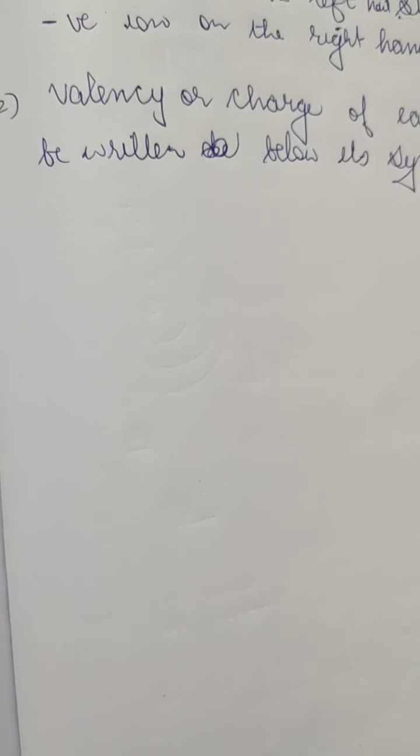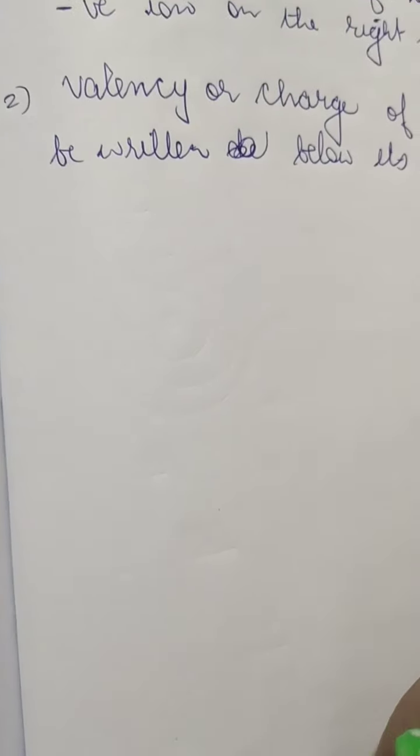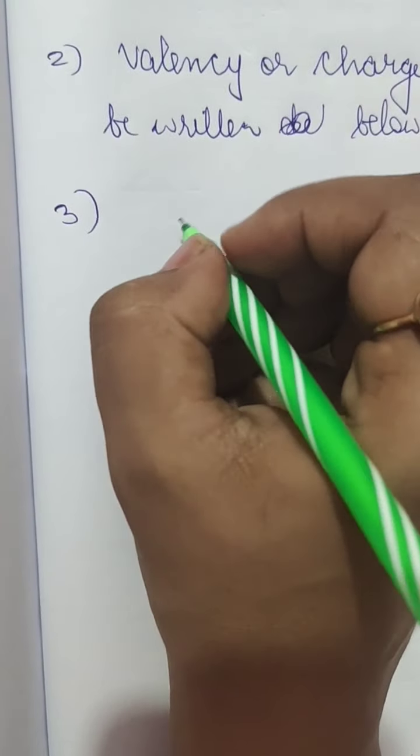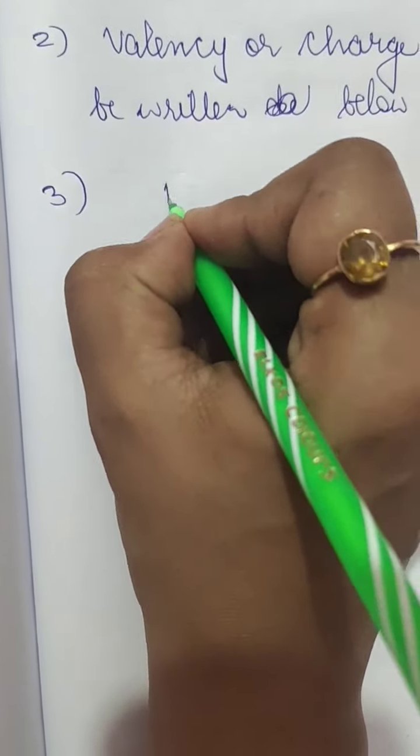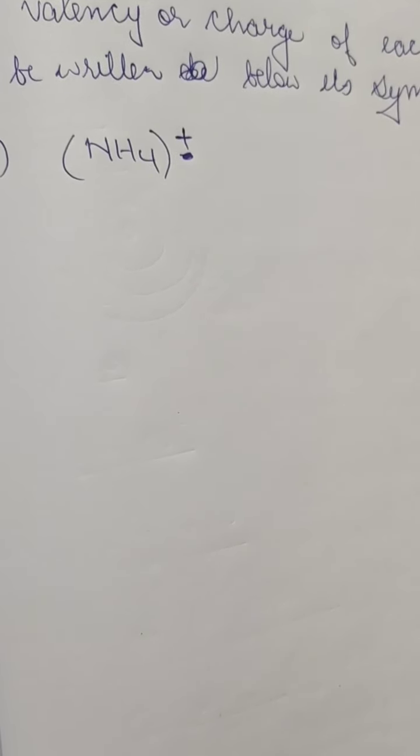Like if we have any polyatomic ion, an ion which contains atoms of more than one element, it should be written in a bracket. For example, the third point: we have ammonium, so it has some charge, and that charge should be written outside the bracket like this. And there are many more, like carbonate, we have CO3, so the charge should be written outside this. It's not positive, it's a negative charge. So these things have to be kept in mind, and if there is any ratio, it has to be in the simplest manner.